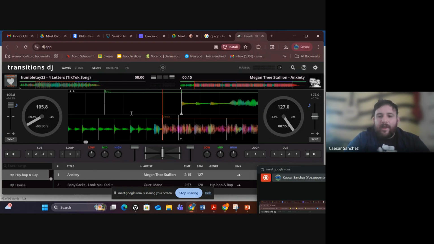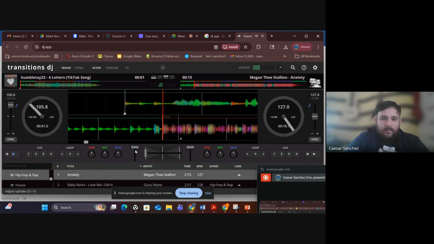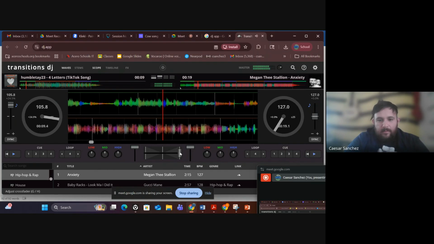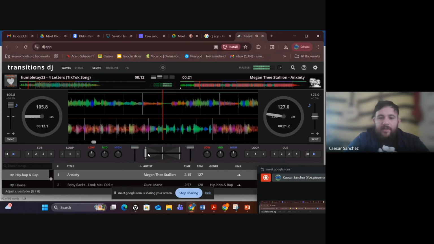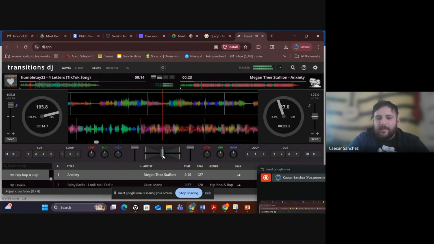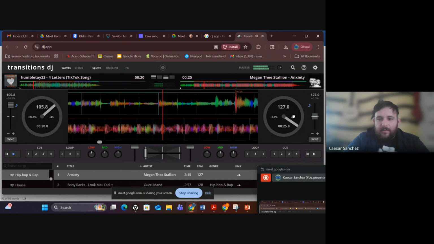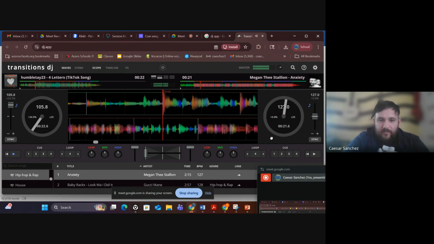Now, when I get to the point that I think I can switch between these two, I will use this toggle to go from this track to this track. If you leave it in the middle, both of them will be playing, but that's not really what you want. So I'm going to press back here, go back to where it's in first,